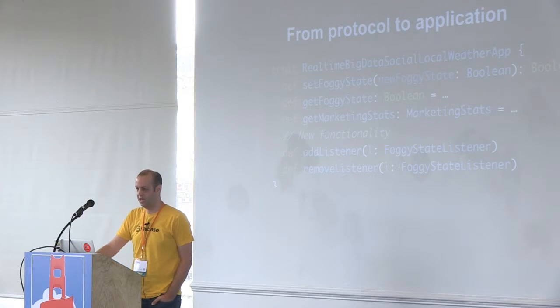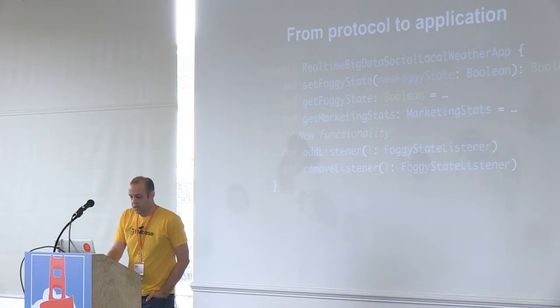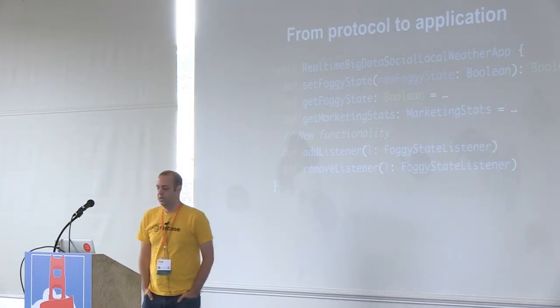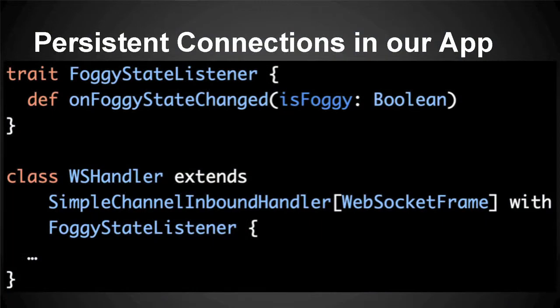We've got those persistent connections. Anytime we're updating a state, we're going to need to send to them. So if you'll notice in those two methods, the adding and removing listener, there's a type there that says nothing about what the protocol is. So we're going to implement this trait here in our WebSocket and long polling code. Our application, on the inbound side, we said it doesn't need to know what the protocol is anymore. And similarly, on the outbound side, it shouldn't need to know anything about the network protocol. This will help keep your application code simpler and is a good way to modularize your design.